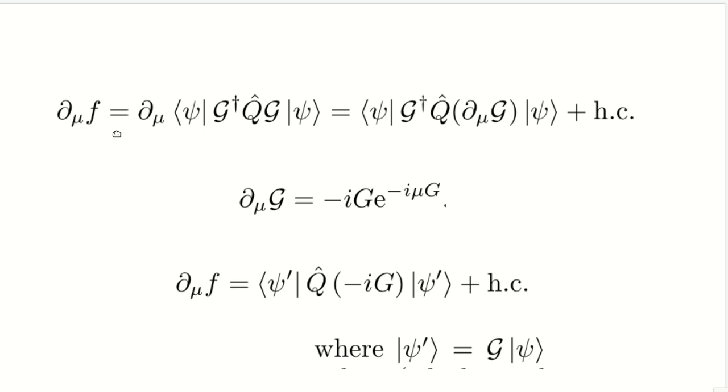So your partial derivative of f will have two terms, one of which is this one and its Hermitian conjugate. Your psi dash is basically equal to G times psi. So here you will have G dagger into psi, which is basically psi dash, and if you replace this term here, this exponential is equal to your G gate, which is again written here as G dash. Now we want to simplify this thing, and the next few slides will be basically dealing with that.